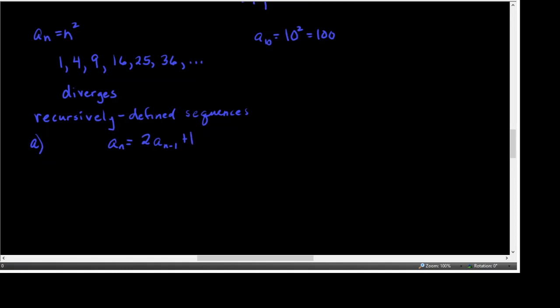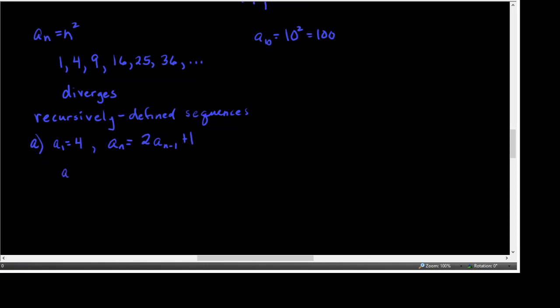So you may be thinking, well, yeah, but don't I have to know where to start? Yes, that's important. So the recursively defined sequence actually consists of two parts. You have to give me at least one of your first terms so you can get started, and then a formula that produces other